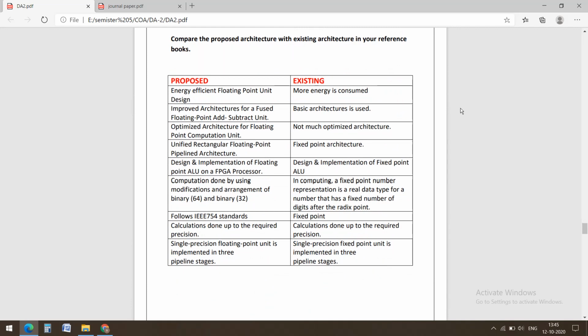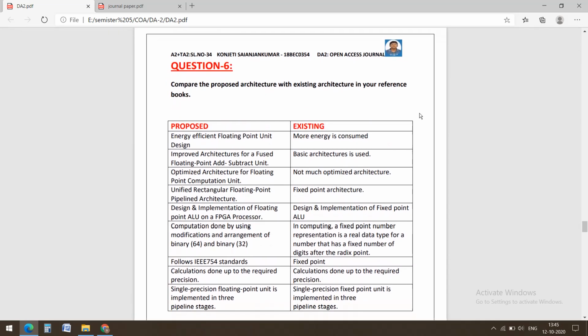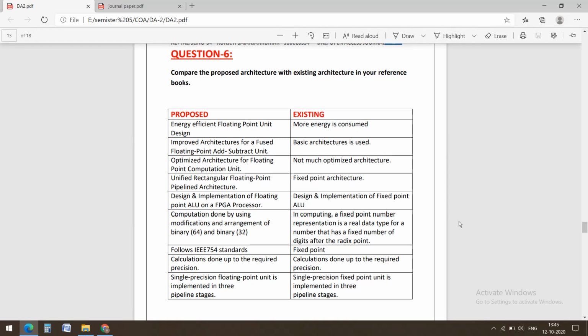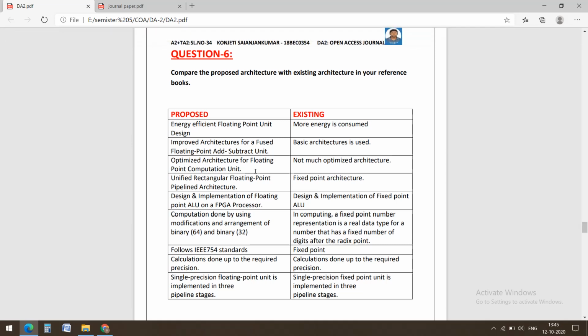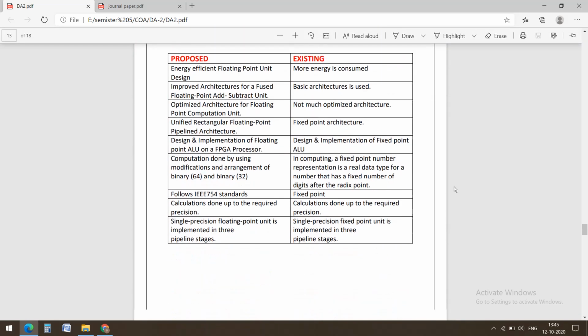And here I have compared the architectures. As the journal paper doesn't contain much information, I took the existing one as the fixed point design and compared the differences between them. All the information I collected from online resources, and I have tabulated the differences between the architectures.